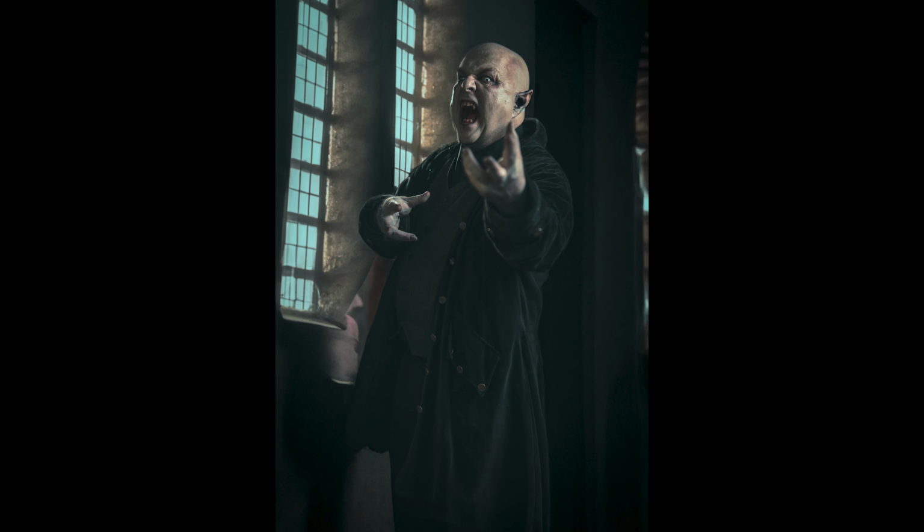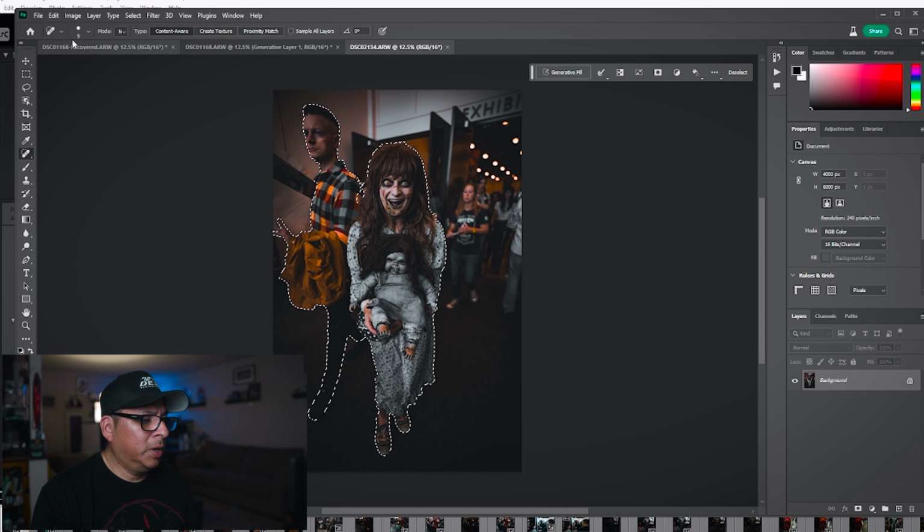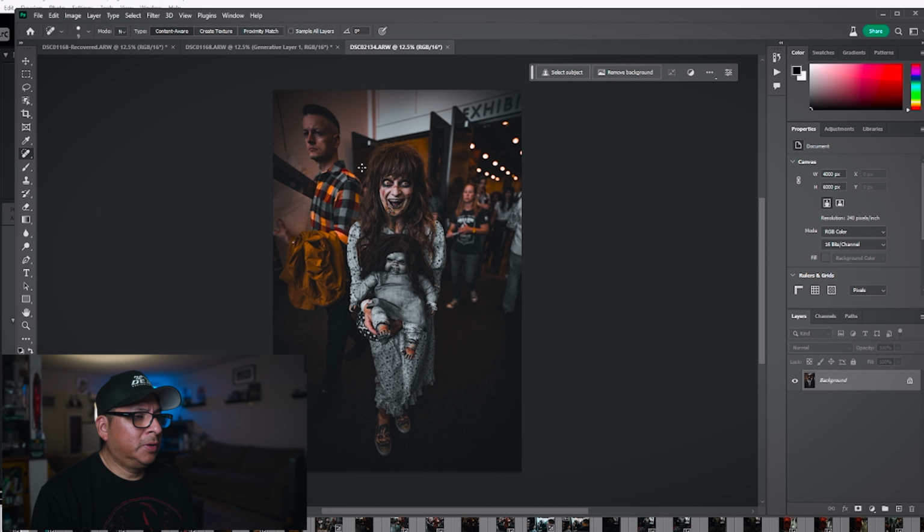I'm gonna show you how to take out people. So here is Spooky Professor. As you can see, there's a lot of people around there. And so I'm gonna bring this into Photoshop using the AI tool, and I'm gonna show you how you can take out people. Go right into just highlighting this person here on the left. So I'm gonna click around it